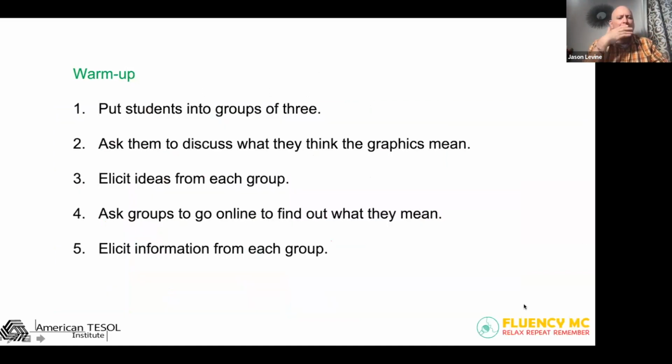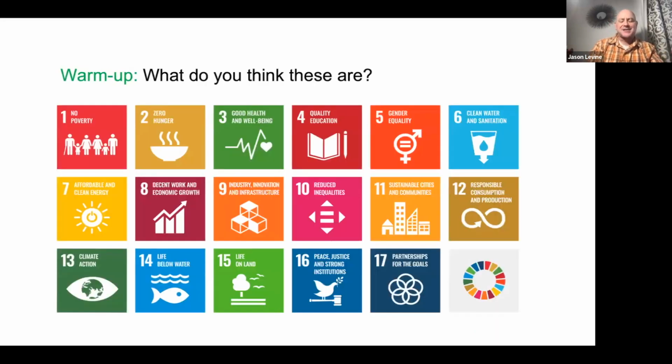So the warm-up, I would put students in groups of 3. In my example, I'm imagining a group of 17 students, since I often have groups between 15 and 25. So 17, because we have 17 development goals, why not? So I've got there, 5 groups of 3, 1 group of 2, more on the grouping to come. But anyway, groups of 3, could be groups of 2, could be groups of 4. And what do they think the graphics mean? So I would ask the class this question,